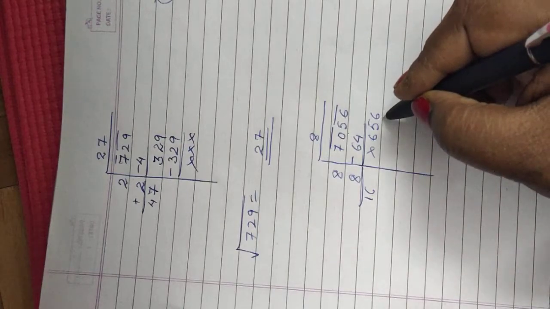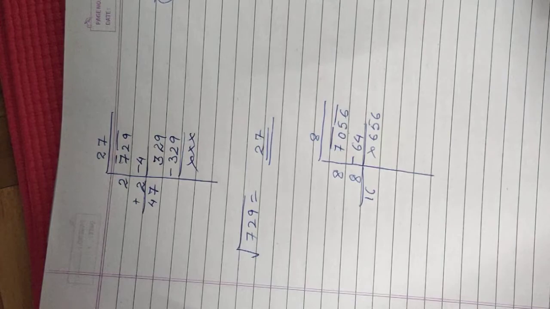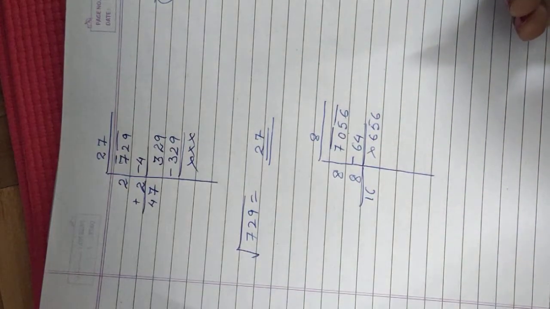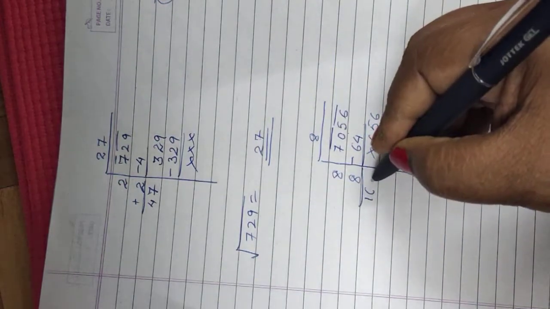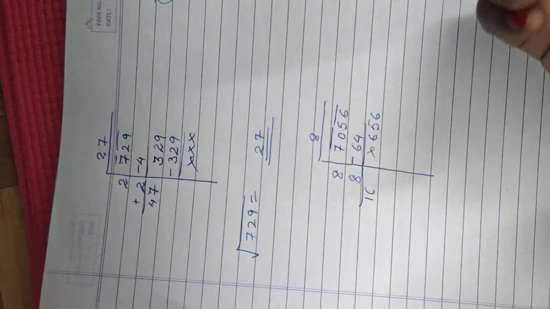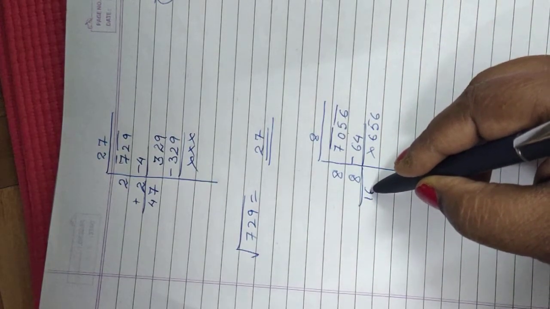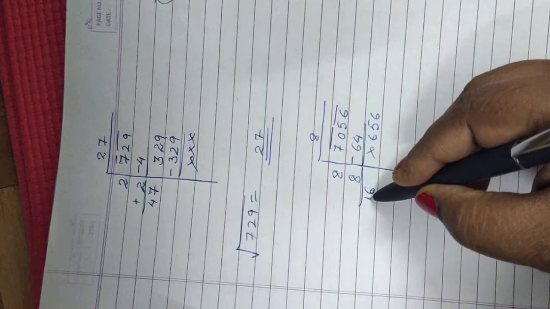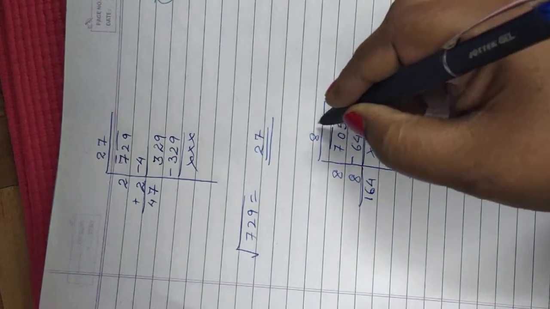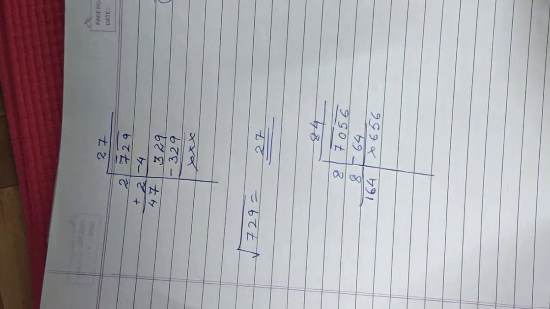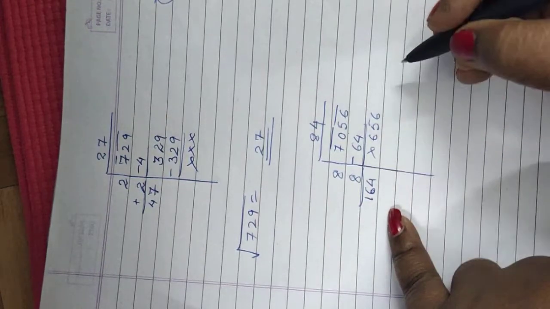Now we have to multiply with such a number that in the units digit you get 6. There are two possibilities. Either the number will be 4 here or 6, because 4 4s are 16 and 6 6s are 36. Now if you take 6, it is not possible because here already it is 1. So let us put here 4. Here also 4. Now you multiply this 4 with the whole number, this whole 164.